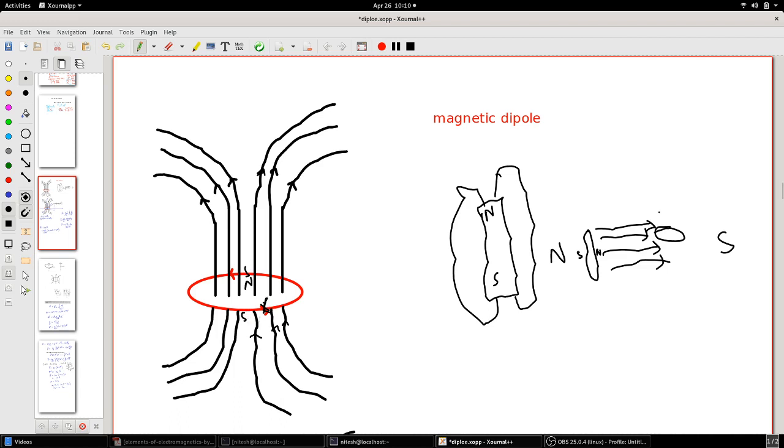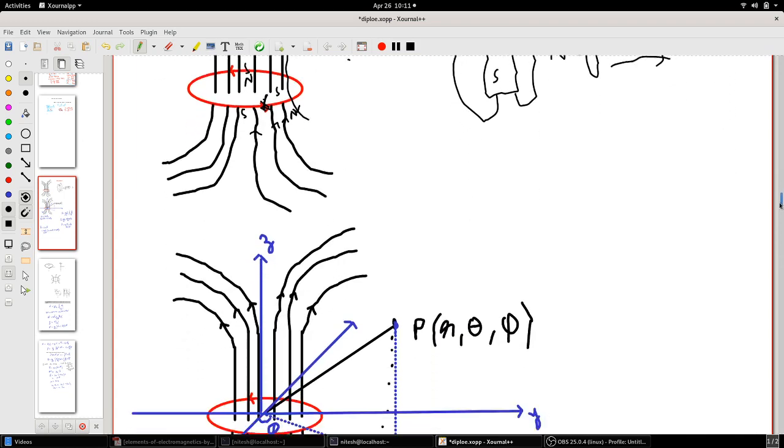If I had the current flowing in the opposite direction, you would have noticed that this will be your flux line. The direction of the flux line would have been like this. Now in this case, the bottom face becomes your north pole and the top face becomes your south pole. So in short, a current loop acts like a magnetic dipole. Okay, so it's the same as your bar magnet. So that's what I wanted to discuss.